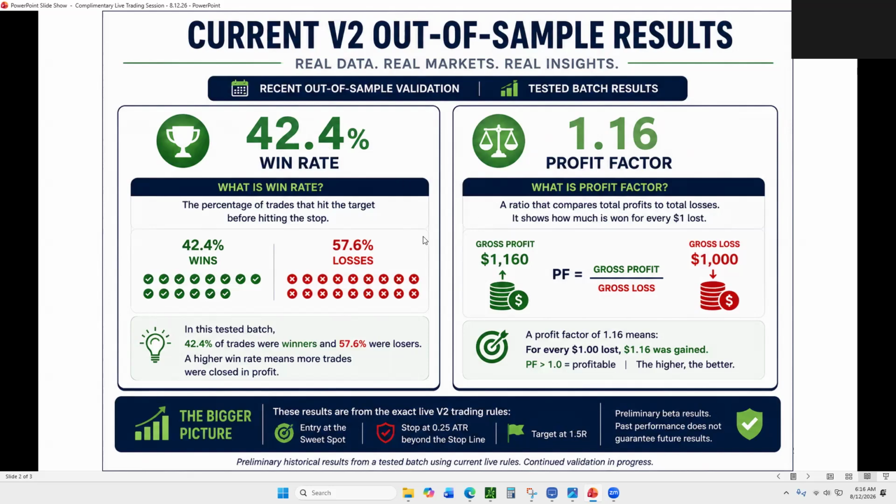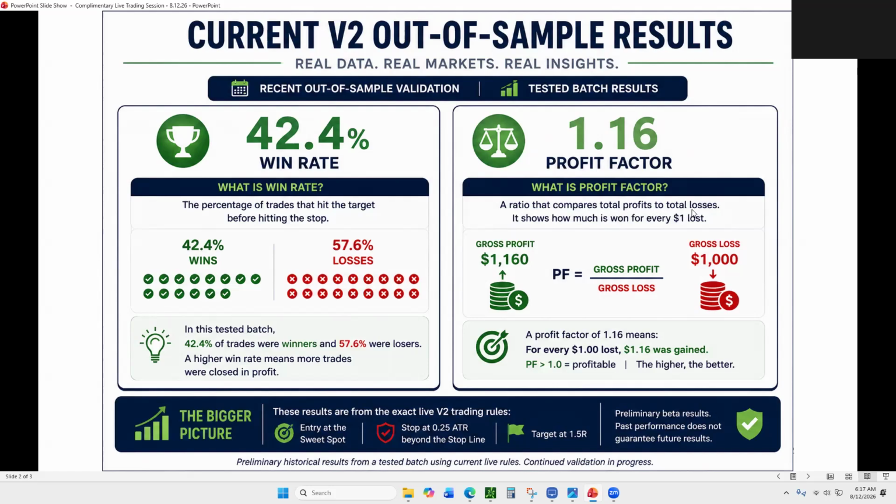So showing the consistency of the sweet spot was a primary goal for you guys so that you could be comfortable with the sweet spot zones that are being chosen, right? And not just getting a 1 to 1, but a 1.5 to 1 so that you can actually see that they're holding and working. For profit factor, 1.16, what that generally means is a ratio